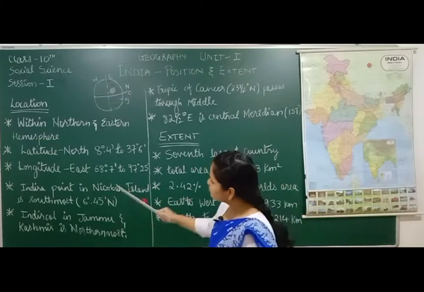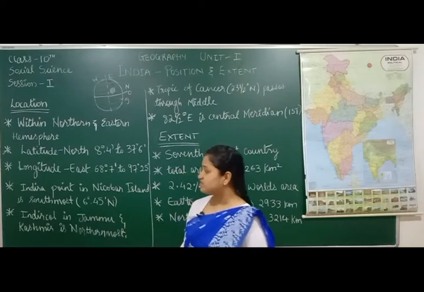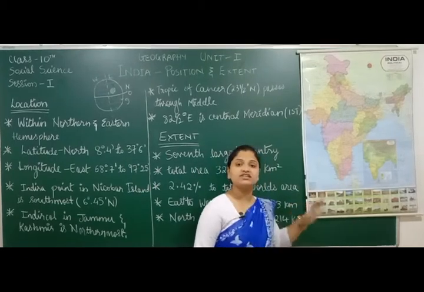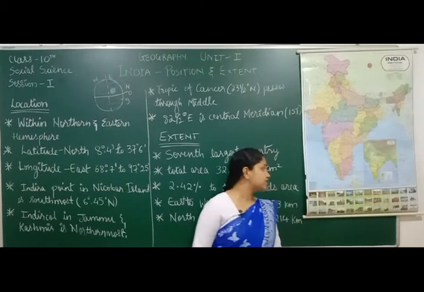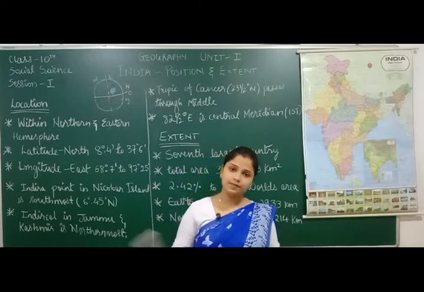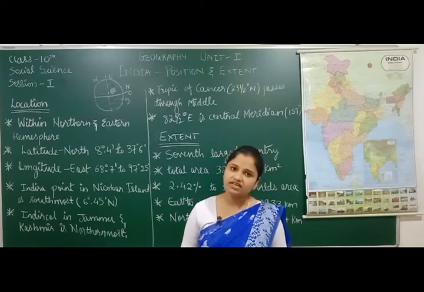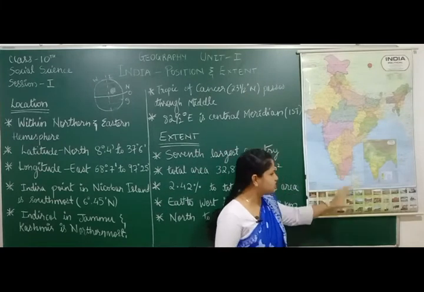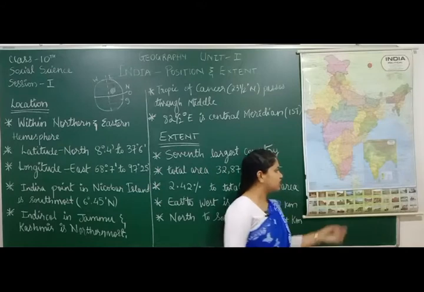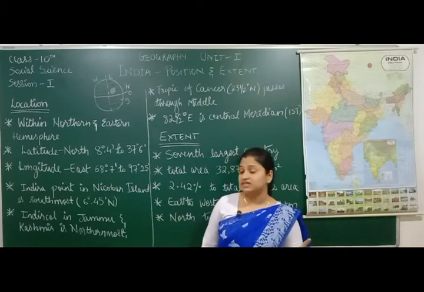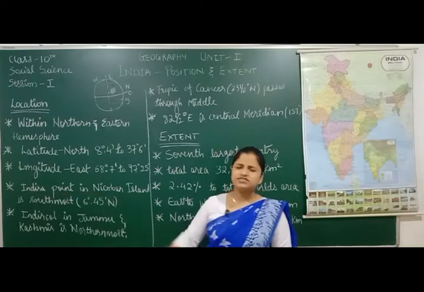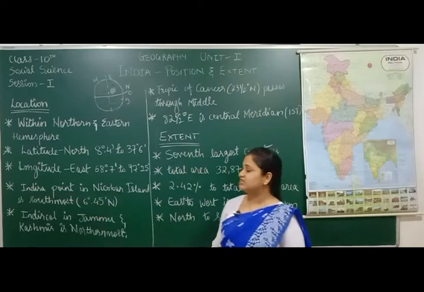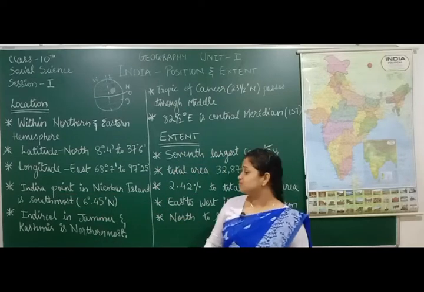Now let's come to the next point. In the south, which is the southernmost position? The southernmost part of India is the Andaman and Nicobar Islands. You remember Andaman and Nicobar Islands are islands which belong to our own country, right? So in those islands, they are in the southernmost place. In Nicobar Island, there is a place called Indira Point, which is the southernmost position of India. Indira Point is a place in the Nicobar Island, which is the southernmost position of India.